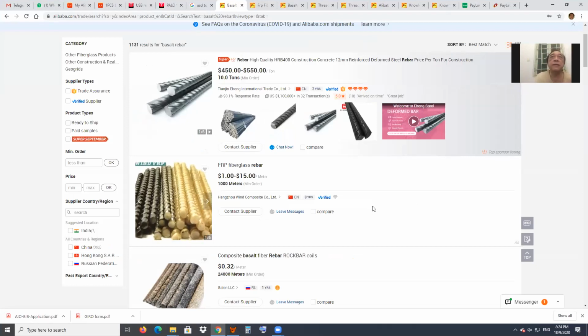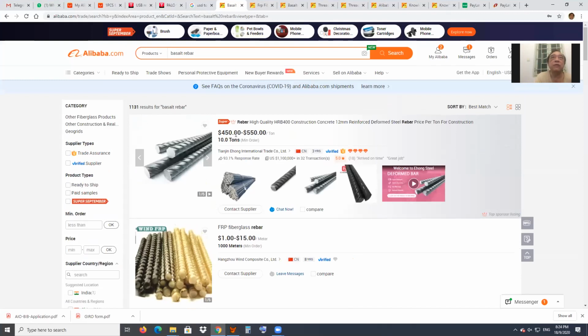In Alibaba, you look for the things, they always have a price range. Let's say here they tell you how many tons. Okay, minimum order 10 tons. They just talk about rebar. They have so much. Okay, so if you click inside here,